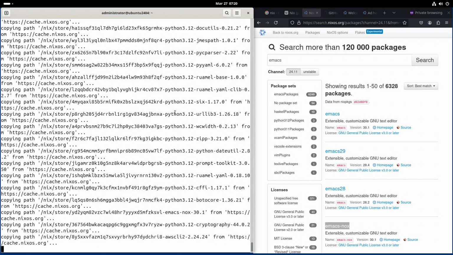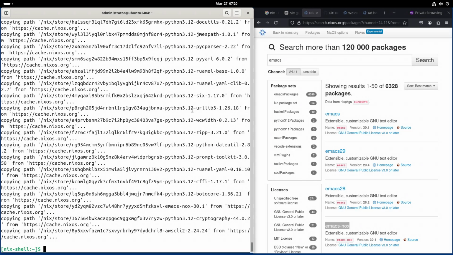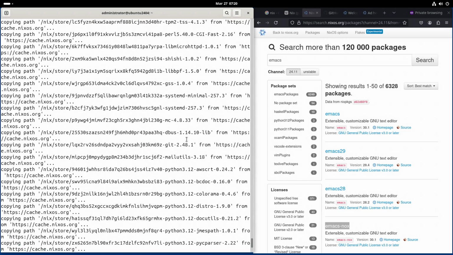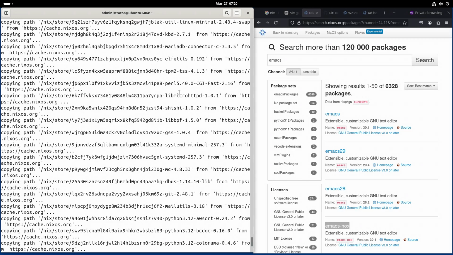Python did not exist before, with the example of lolcat and cowsay. Now we have Python 3.12. Previously there was only Ruby and Perl. We have systemd, Perl 5.40,